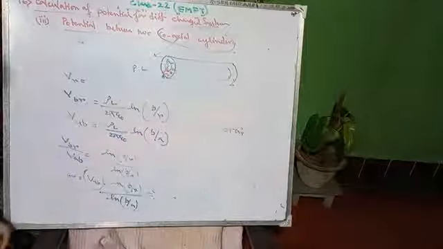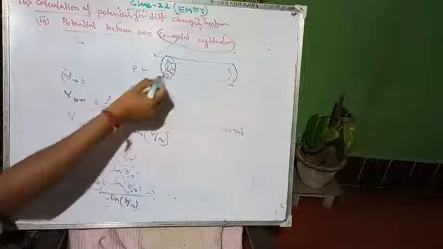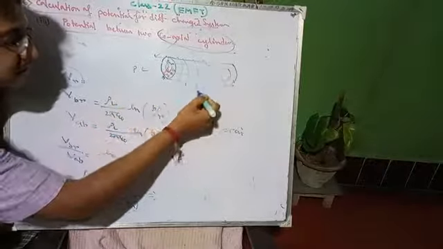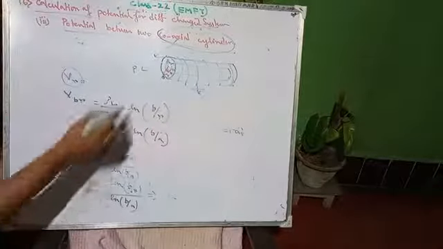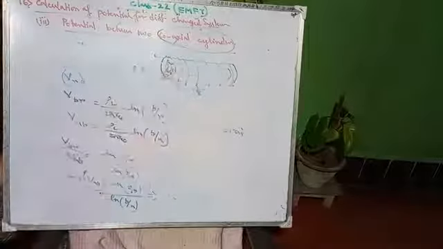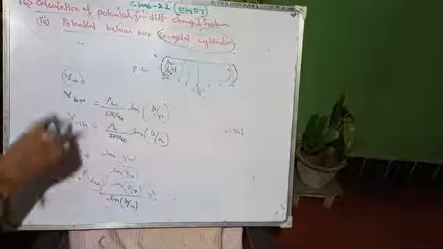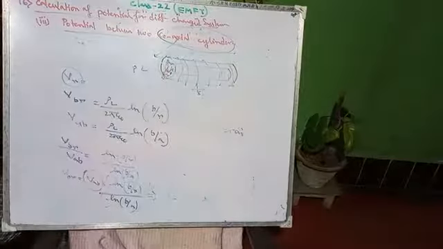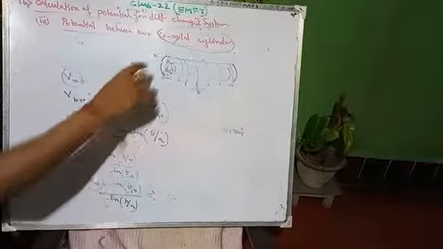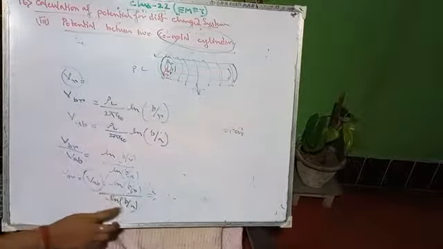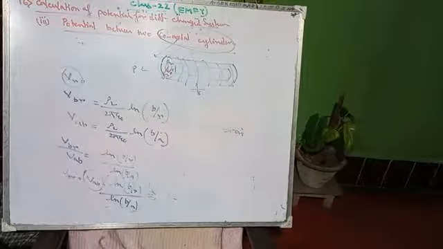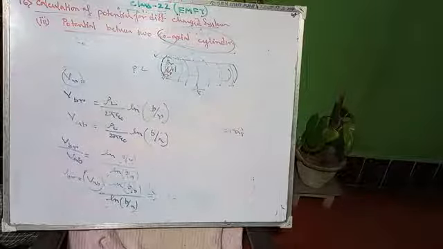Whatever the potential at VR with respect to the outside, because we are outside, we are taking it as ground. In this type of conductor, the outside is taken as ground. So with respect to this longer cylinder, we can find the potential at any point in between two cylinders. So your answer will be VBR equals VAB, the voltage difference, into ln B by R divided by ln B by A. So it gives the potential difference between any two points of a coaxial conductor.